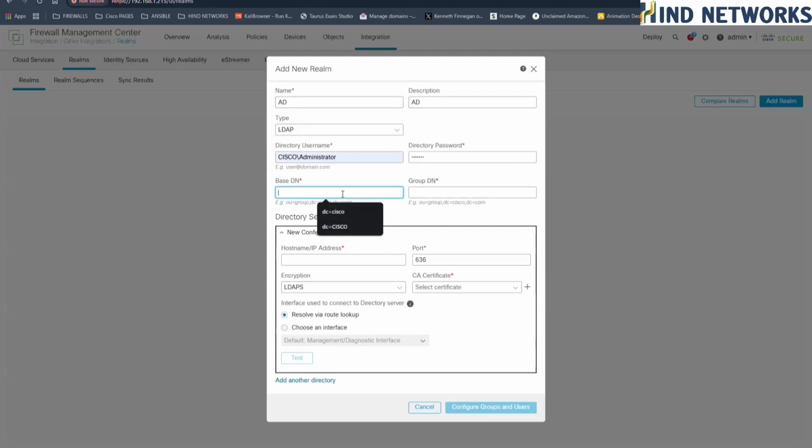Base is going to be DC equals CISCO, comma, DC equals COM. Group as